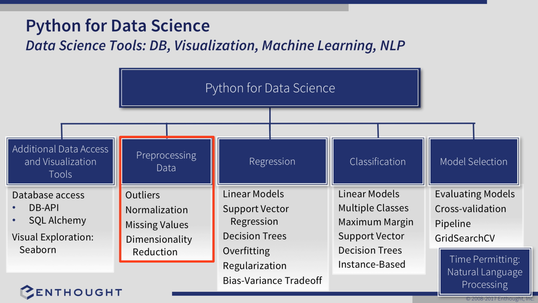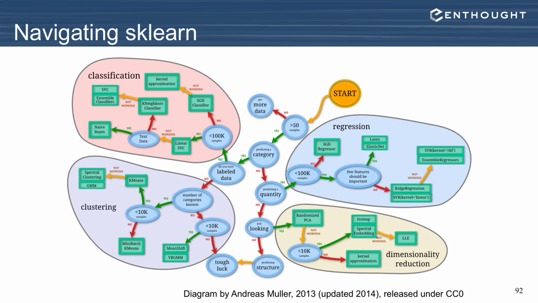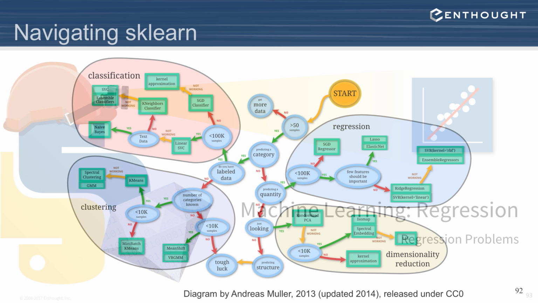All right, and then we get into the machine learning methods proper. We give you this kind of job aid here, which helps you make choices about what algorithm to use, depending on what kind of data you have and how much. This is not ours. This is from Andreas Mueller, but it's released under the Creative Commons license. So that makes a nice kind of front piece here. And then we get into the actual